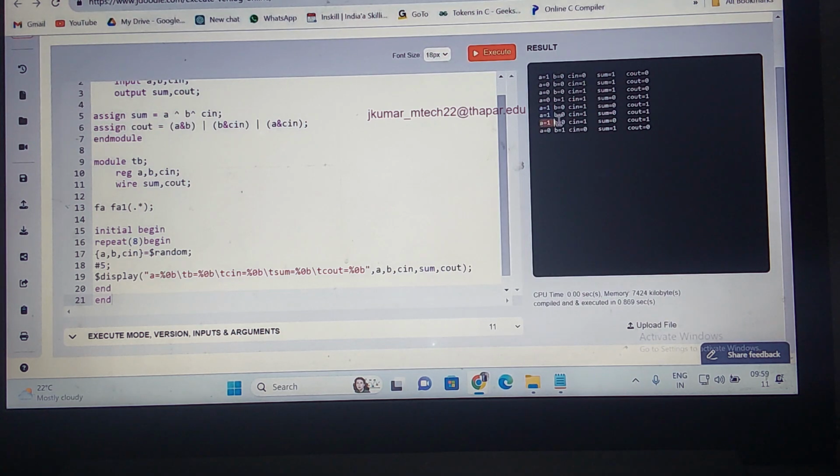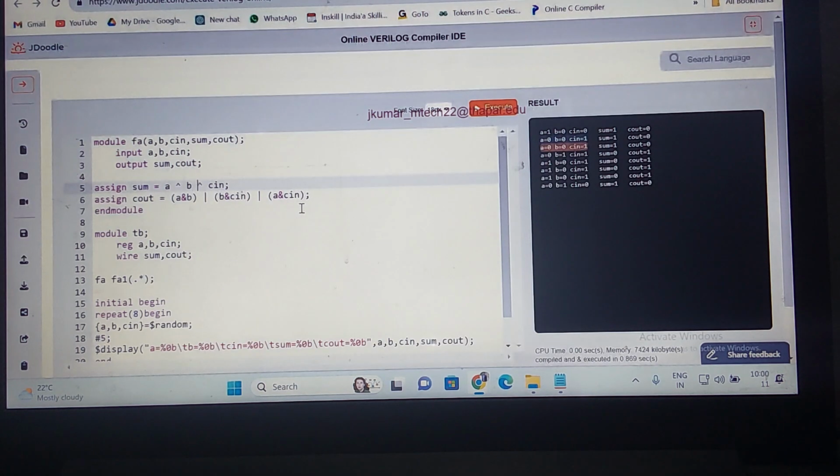So let us take this. This is 1 0 1, nothing but 5. Carry is 1, correct? Again this is 1 0 1. This is also 1 0 1. So this is 0 1 1, means what? 3. What is carry is 1. So 1 0 1 is 4. Carry sum is 1. 0 0 1 is 1. Sum is 1, correct? Again this is 0 0 1, nothing but 1. Sum is 1. So this is a program of full adder using a data flow model using operators, correct?